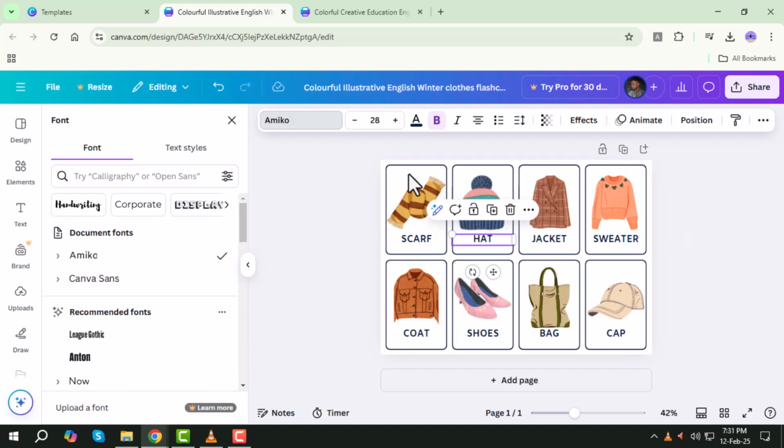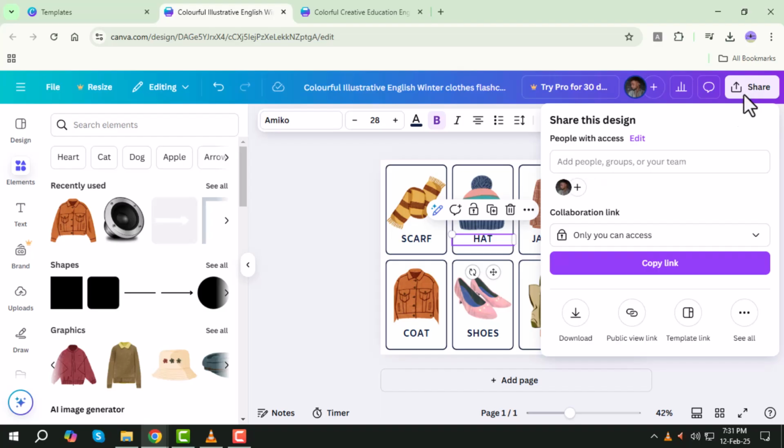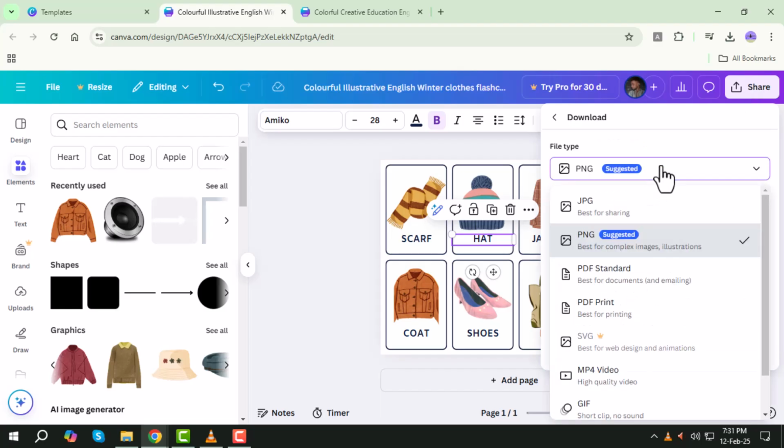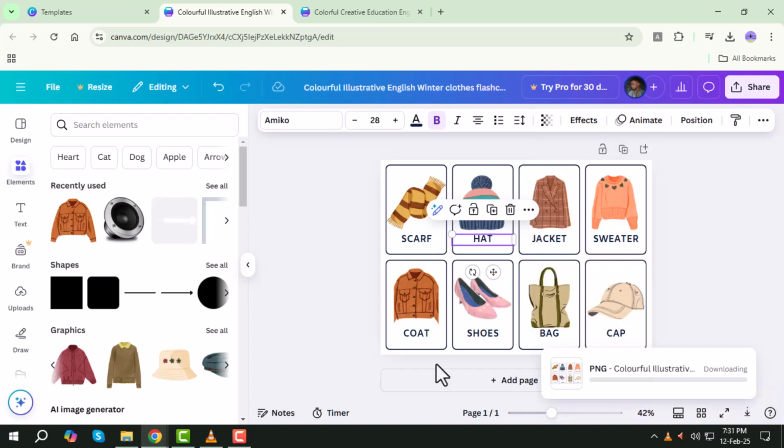Step 6. Once you're happy with your design, click on the Share button at the top right. From the drop-down menu, select Download, choose your desired file type, and then click Download again to save your flashcards